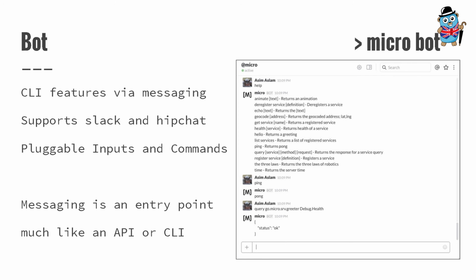And then finally, there's a bot, and please don't heckle me for the fact that there's a bot. This is kind of the notion of chat ops, right? So the idea of Hubot. I think what we found over the past few years is that messaging has become a de facto entry point, much like an API. So HipChat and Slack is where you do some of your work as well. It's something very, very simple, but I wanted to build it into the toolkit because I felt like it was necessary. I might have been sleep deprived at the time as well. And then beyond the toolkit, there's just a few last things that I want to cover.